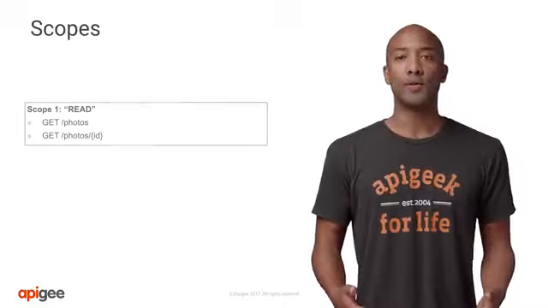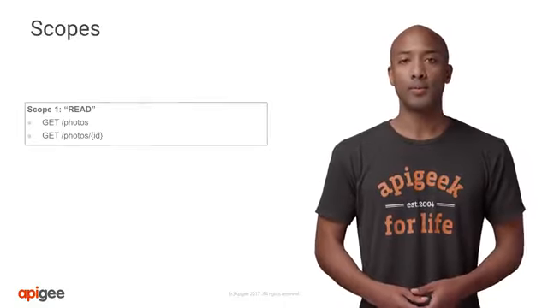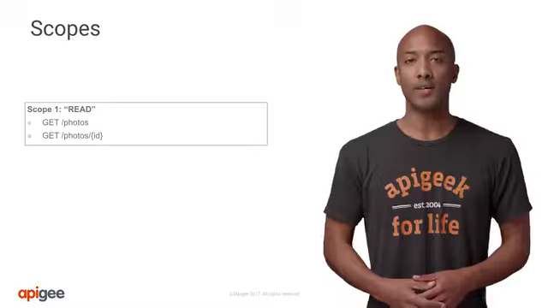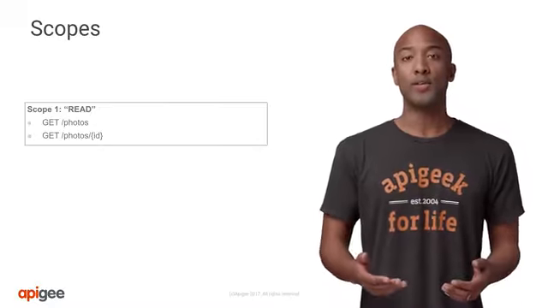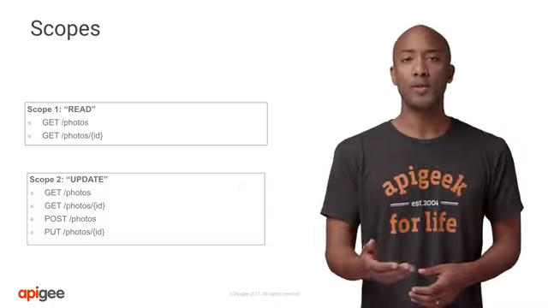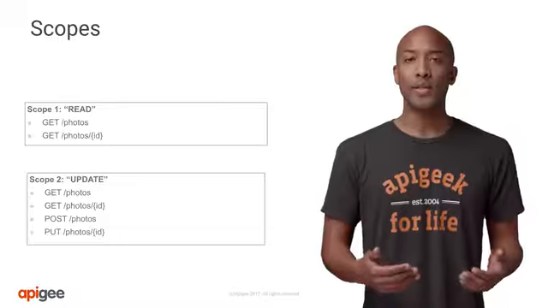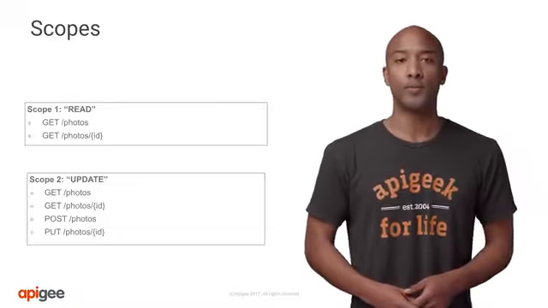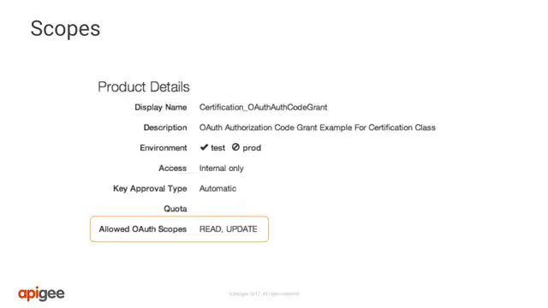Let's cover an access token's scopes and why they're used. Scopes identify what a client is allowed to access. For example, assume that we have a read scope that grants read-only access to the photos resource. Then assume that there's an update scope that grants access to read as well as update the photos resource. Scopes are configured in the Apigee product in the Allowed OAuth Scope section. Now, the OAuth specification allows an app to not include a scope on the request. If you decide to do this, then you should either assign a default scope or reject the request with an error message that states that the scope is required.